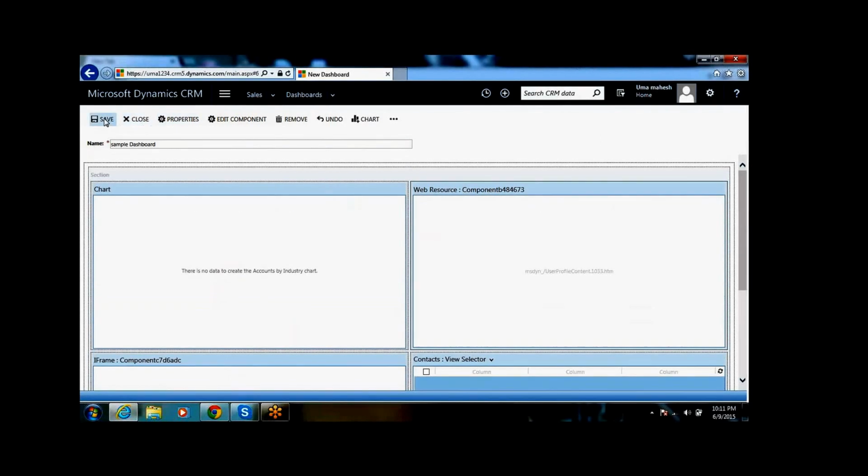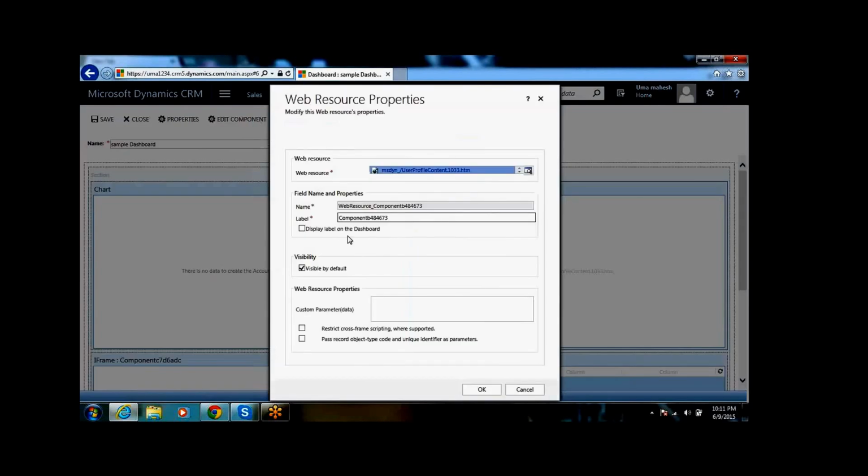Once we save this, this is the dashboard we have created. If you click here, we can insert the iframe, increase the width, or decrease the height and so on. And here we can insert the charts. If you want to edit a component, we can edit it.